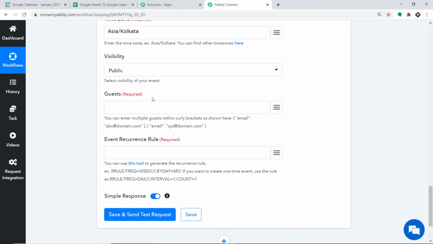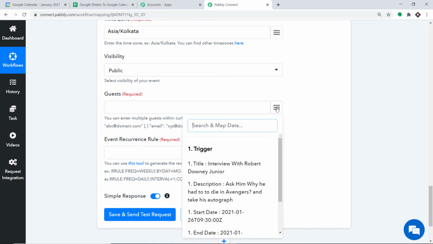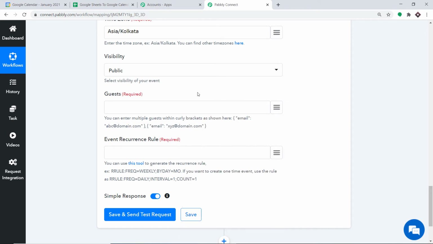Now in the guest, as I mentioned before, I'm going to bring a person, that is Scarlett Johansson. To enter the guest, we actually have a format. All you have to do is copy this. Okay, only copy up to here. In case you are bringing multiple guests, you can copy this up to here, but since I'm bringing only one guest, I'm copying this part,